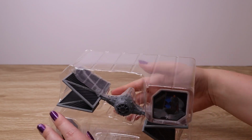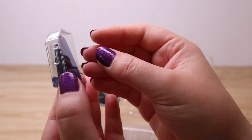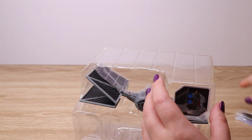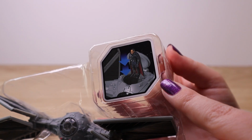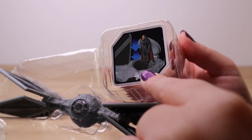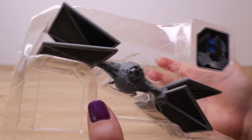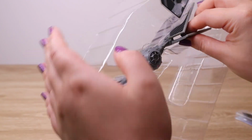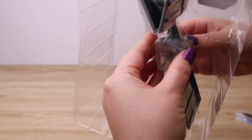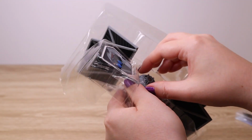So we've got the little figure here. We've got Moff Gideon and his cute little plastic coffin here. I'm just going to pop that to the side. This is like a little card here that's just glued in. It shows that you can pop the figure in the vehicle, displaying that yes, the figures do fit in to be sort of pilots for the vehicles. So always nervous about this point. Let's see how easily this one, I don't really want to pull on the wings, but I'm not quite sure the best way to get this one out. Don't want to have to cut the plastic, but